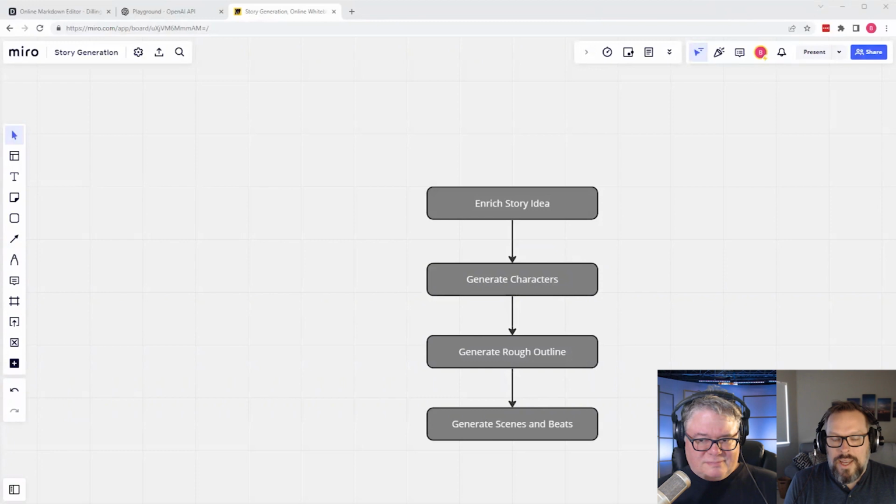Okay. So what are we looking at here? Okay, so this is an idea. There are many, many ways to do this, but this is an idea for how we can use a technique called iterative prompting. That's my own name for it. There are probably other names to evolve a story idea from just a couple sentences all the way up to scenes and beats. And we're not going to actually use this to try to write a book.